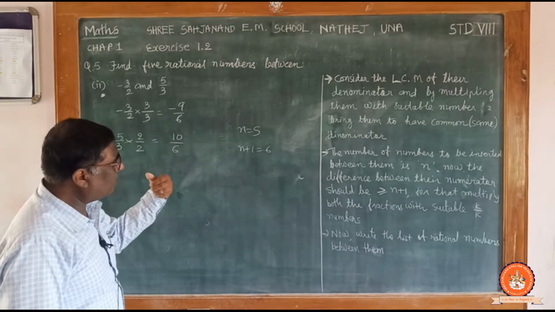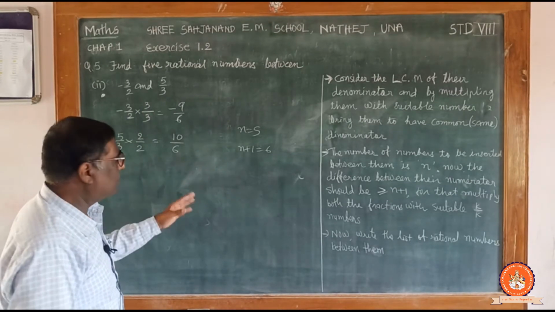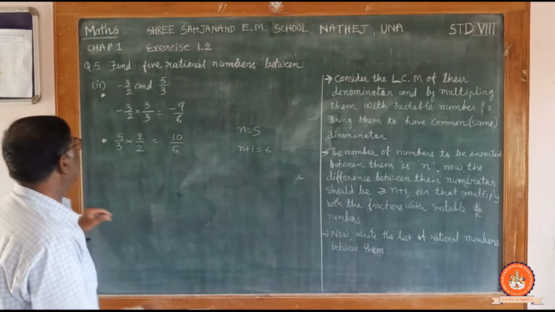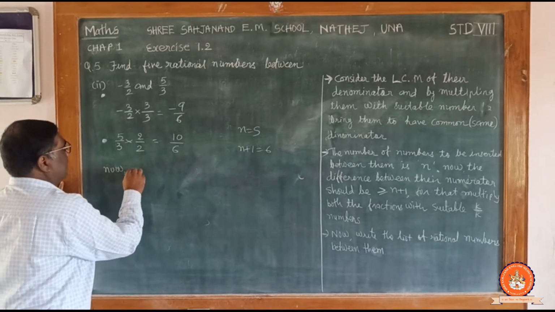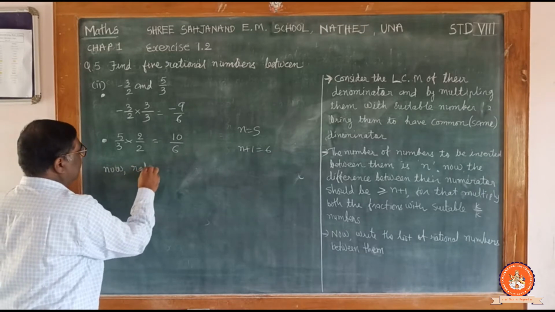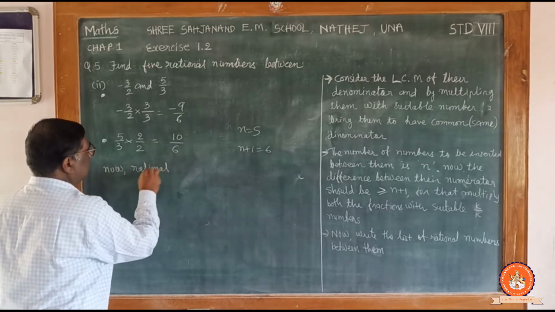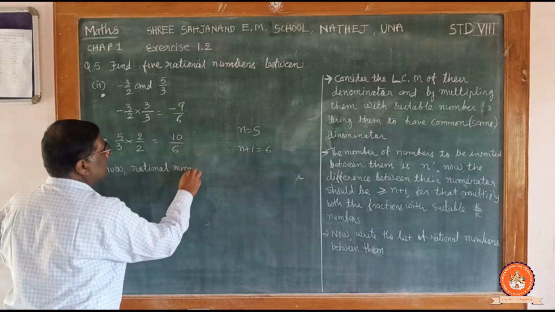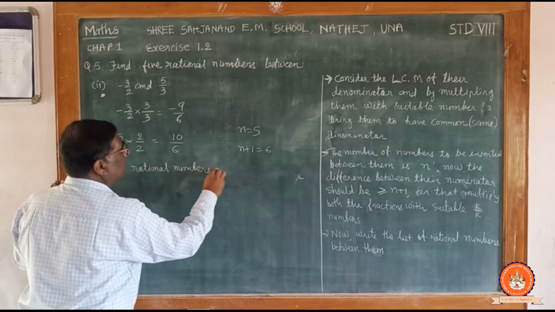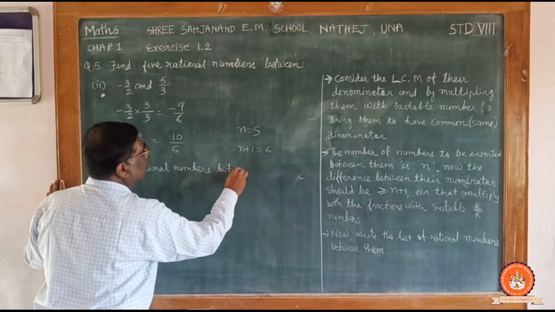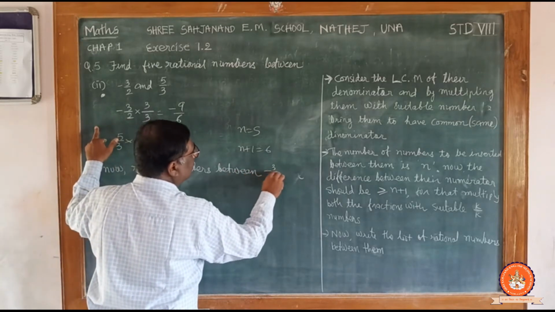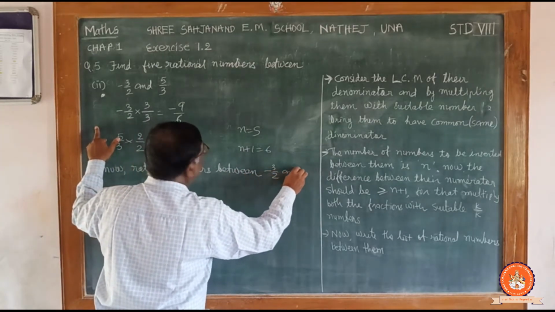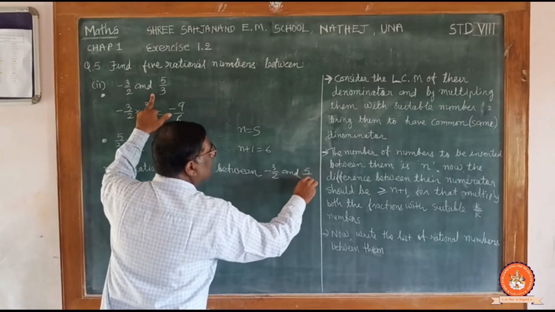You can insert more than 5 numbers, so no need to multiply here. Now, rational numbers between minus 3 by 2 and 5 by 3 are